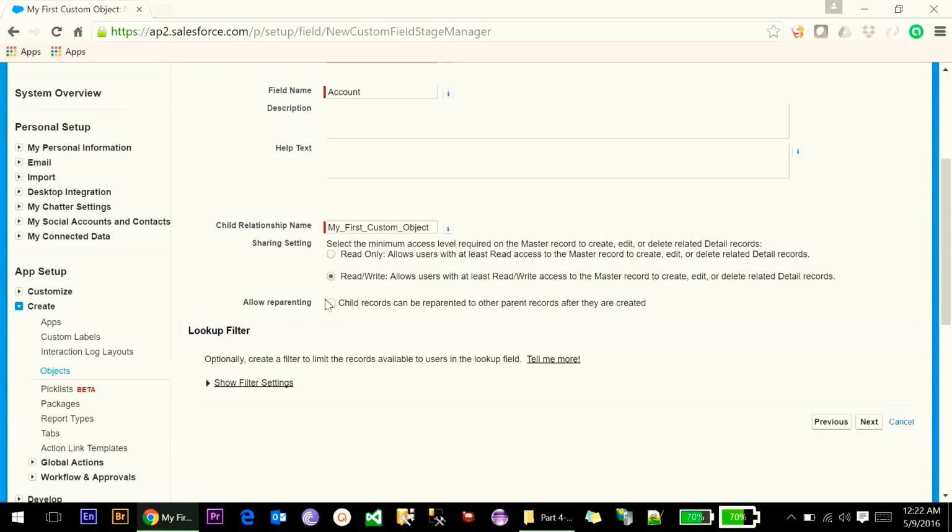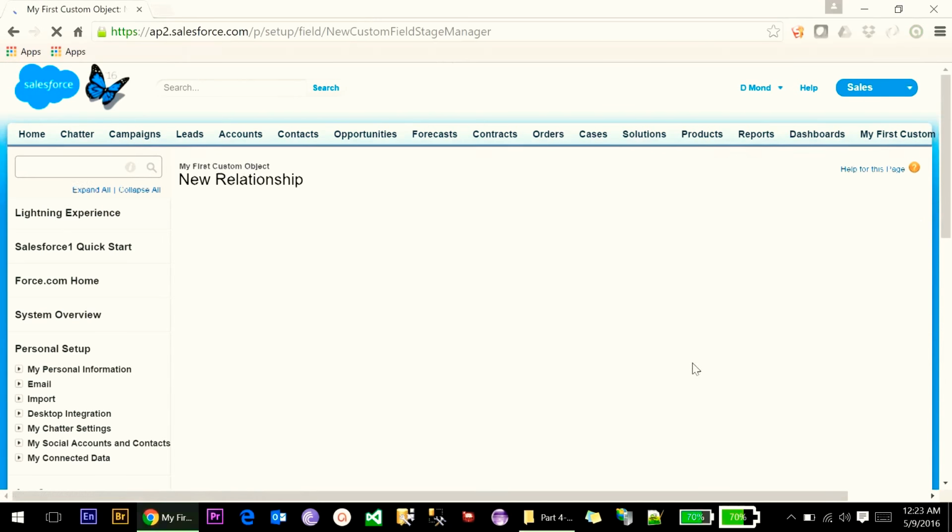Okay, so there is one option, allow reparenting. If you select this option, then you can change the master detail field value. But if you have unchecked this one, then you will not be able to change any value. So I am currently unchecking this and keeping this as read write. If you click next,